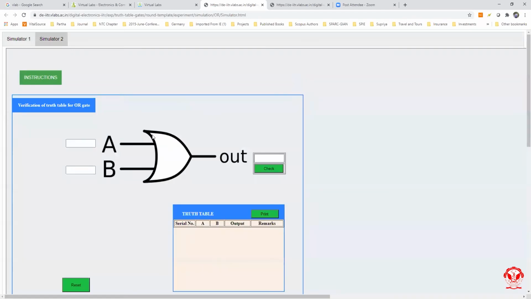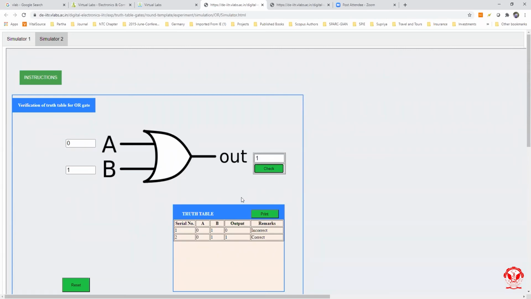Now, for the verification of the truth table, we can move to simulator 2 and put up some random value, whatever we want to check, for the combination 0 and 1. Let us take 0 and 1, input A and B. And this is the symbol of our OR gate. Now, let us fill this up with 0 and check whether it is correct or incorrect. By clicking it, yes, it is incorrect, because I know that for the combination of 0 and 1, the output will be 1. Now, just put here 1 and check whether it is correct or wrong.